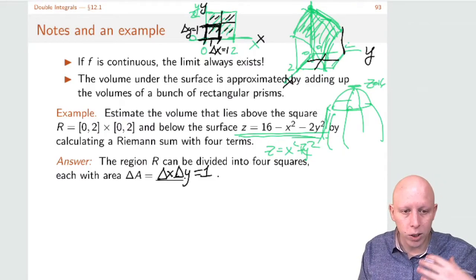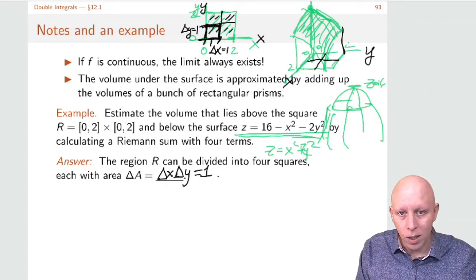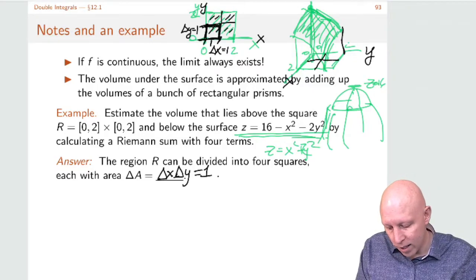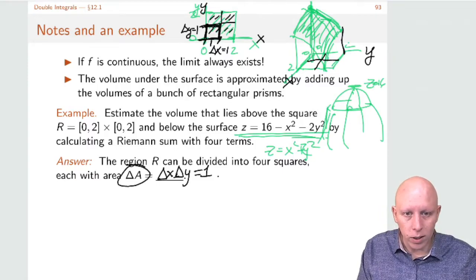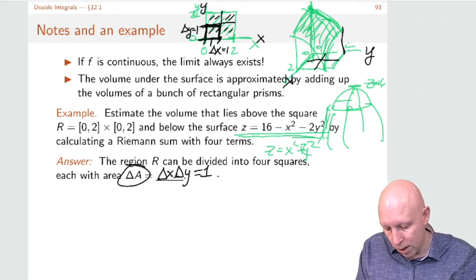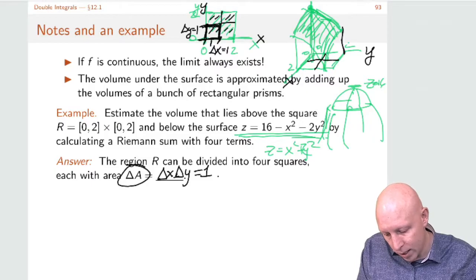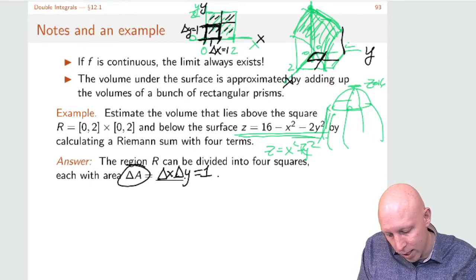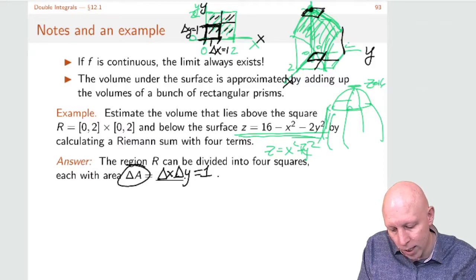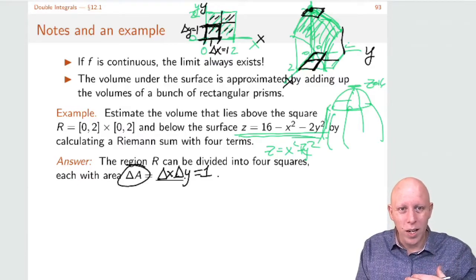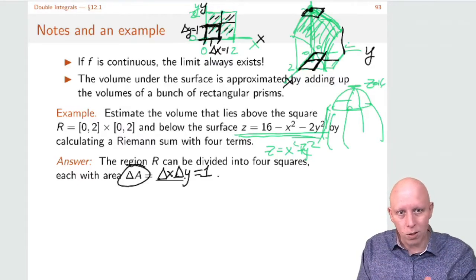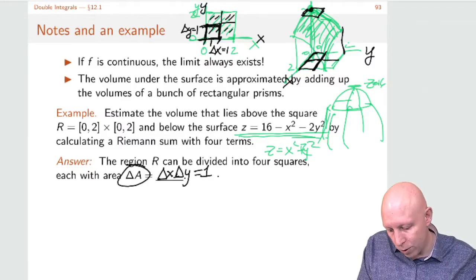All right, so when we're doing our Riemann sum, we're looking at each of these squares, and the area, delta A, is equal to 1 in each of them. So we know what the area is, and now we need to choose what our point is above the curve. If we look at the shape of this curve, if we choose, for instance,